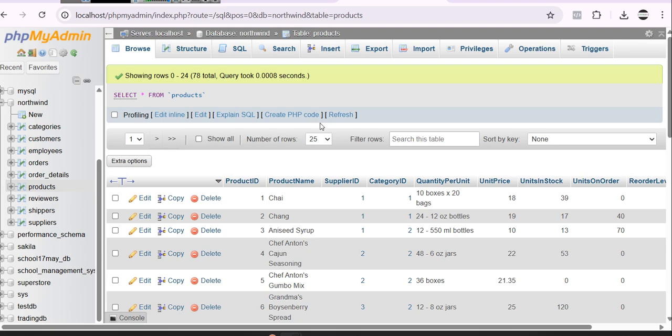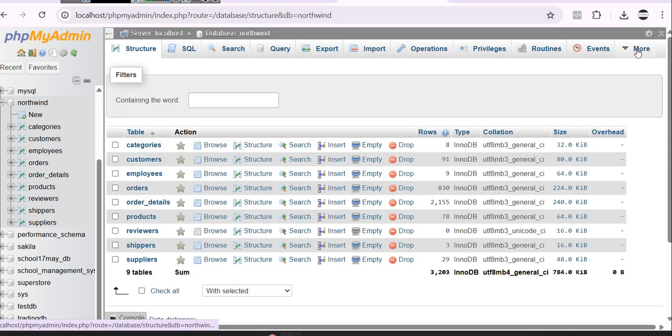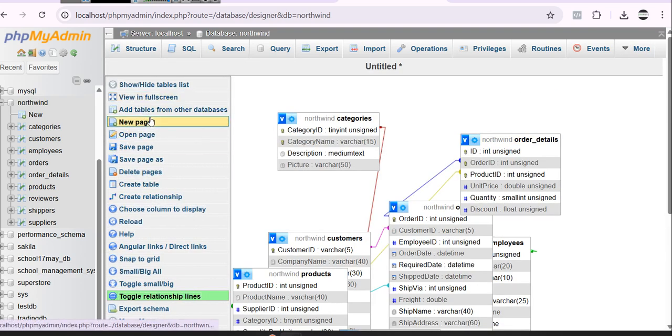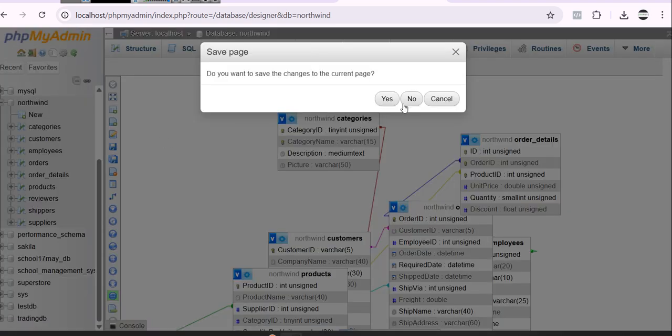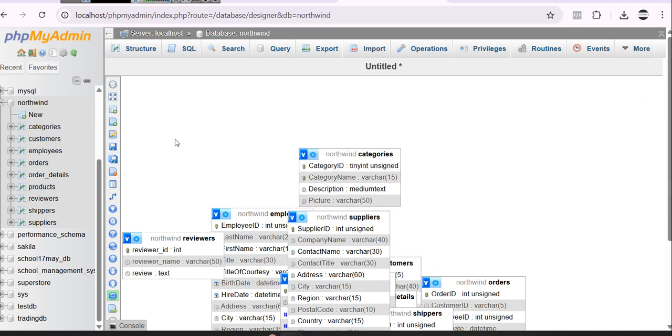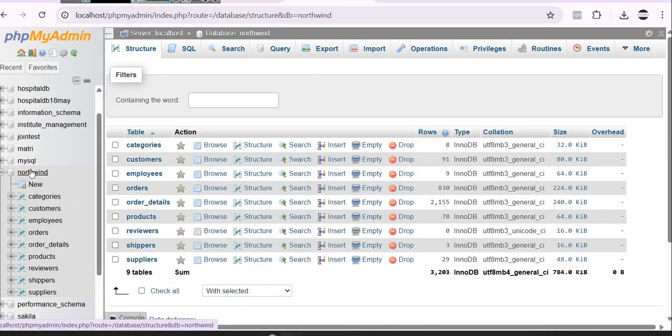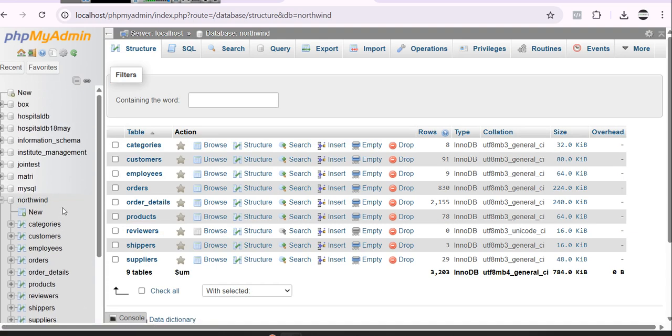This is why I introduced PHP MyAdmin to you guys, because in PHP MyAdmin we have these really great options like designer, where you can actually design. You can create a new page, set up your design in it and save it. Then you can also have different types of, we will learn how to create views. And one more important thing, now since we are learning things,